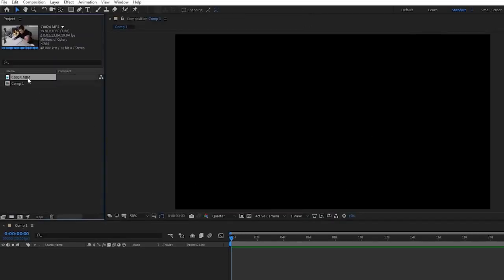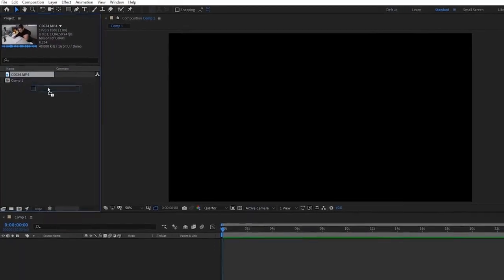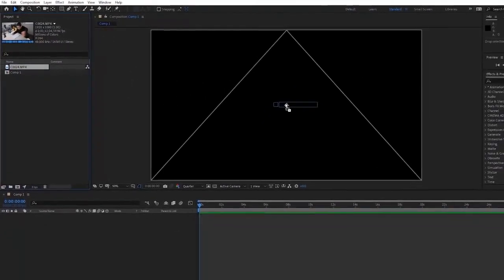And just like that, it has imported to our actual timeline, or not a timeline, our timeline's down here, but we've imported that to our media manager right here. Just like we talked about earlier, there is all the different media that you import, whether it be a graphic, a composition, etc. It will all pop up here. And now if we wanted to actually drag that into our composition, we could click and hold and drag that over and drop it